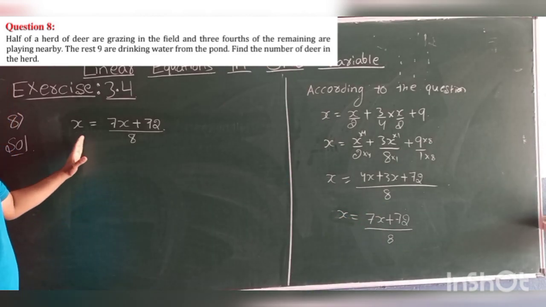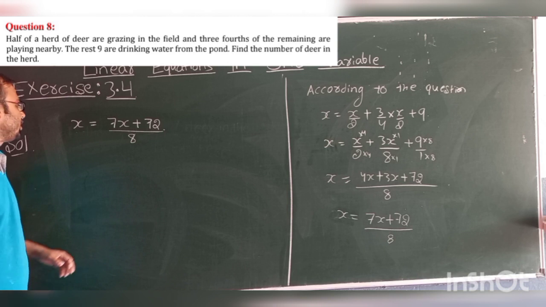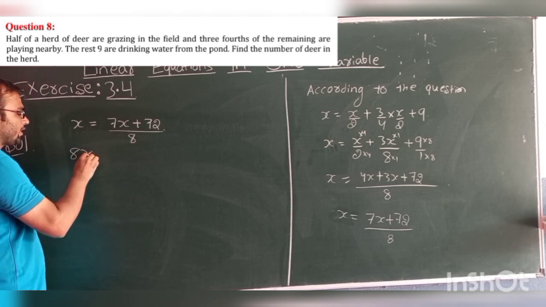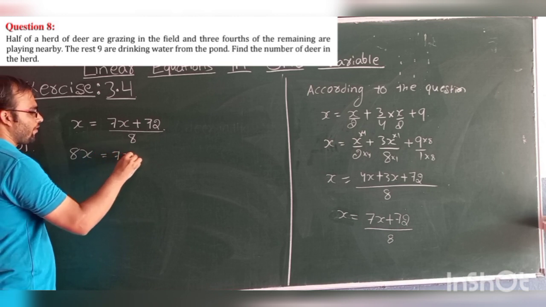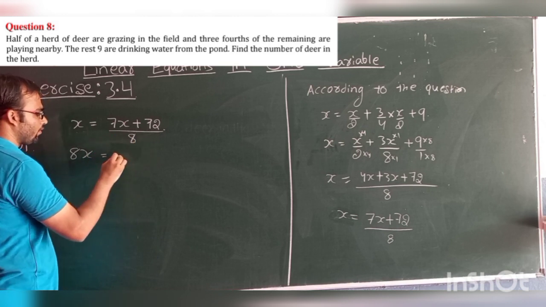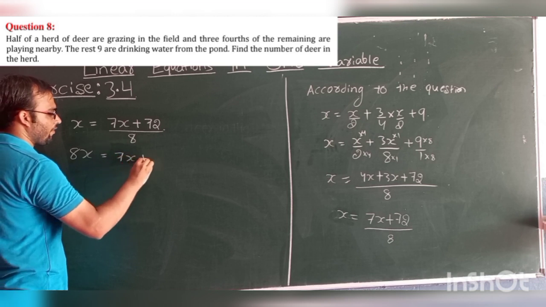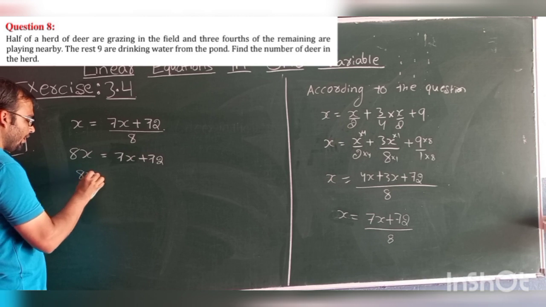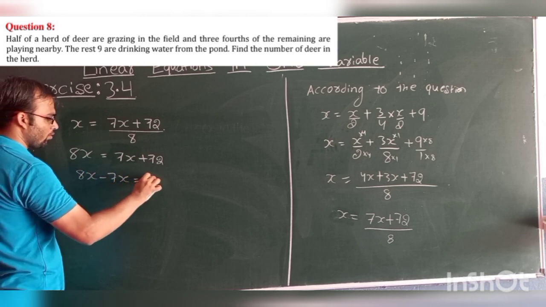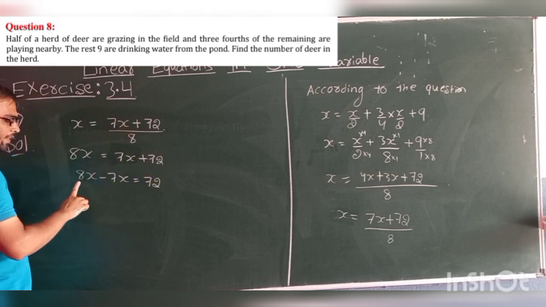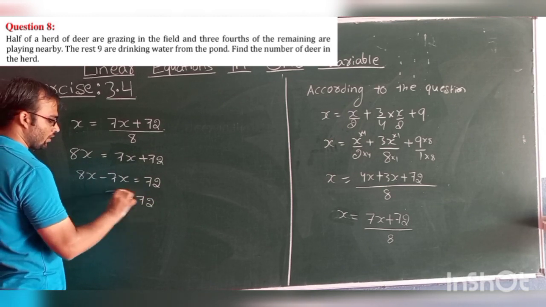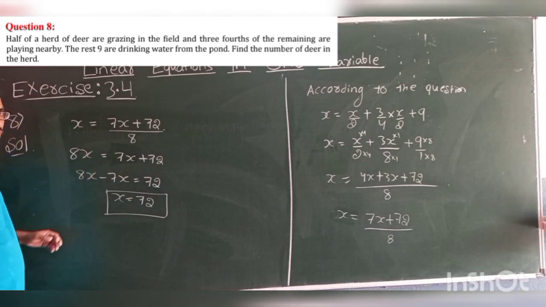Students, what we have got? X is equals to 7x plus 72 by 8. Now you transpose 8 towards the left side, so it will become 8 into x is 8x equals to 7x plus 72. Now you transpose 7x towards the left side, so it will become 8x minus 7x is equals to 72, and 8x minus 7x is what? X. Okay, x is equals to 72. So what value of x we have got? That is 72. So what is meant by that? That is the